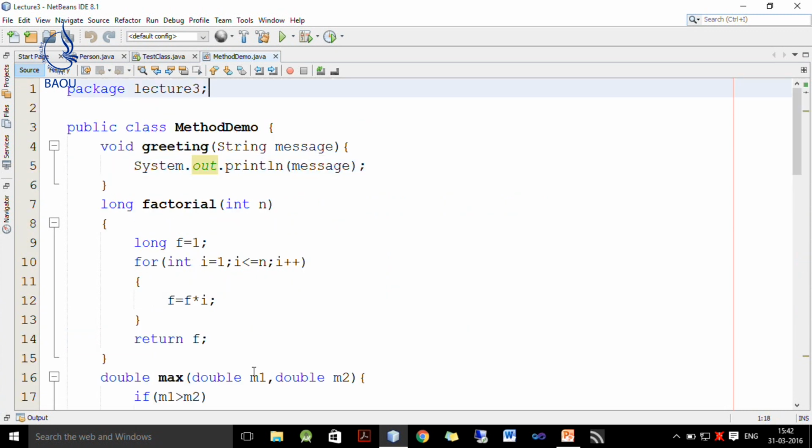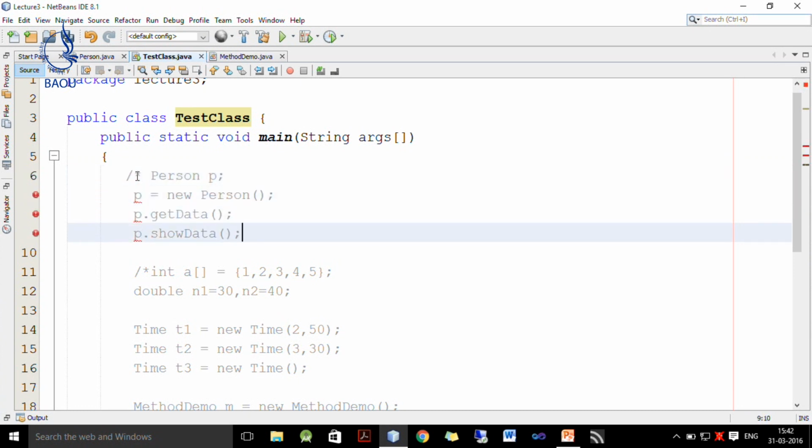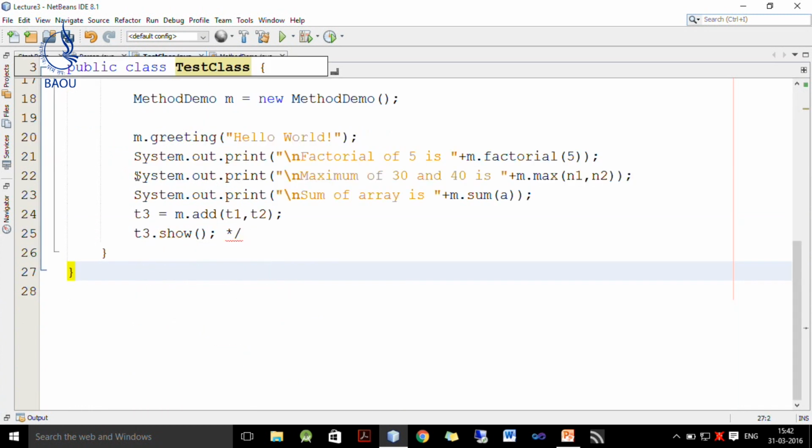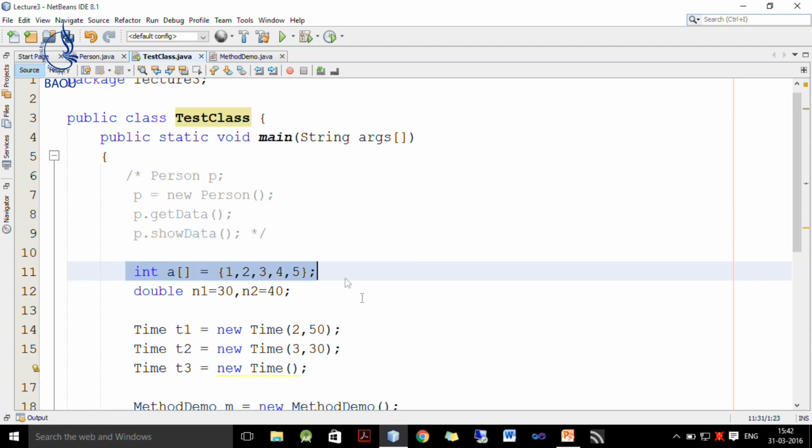Now, we want to test this method inside our test class. So, we go to the test class. Now, I comment out the person class and uncomment these. So, here we want to find the sum of these elements.